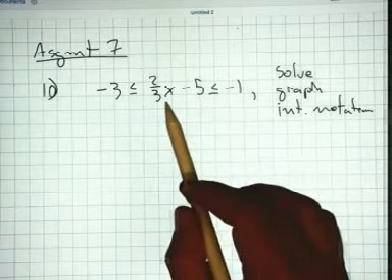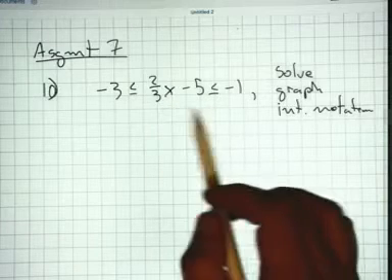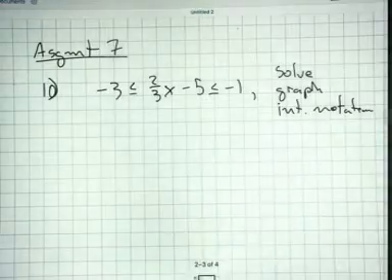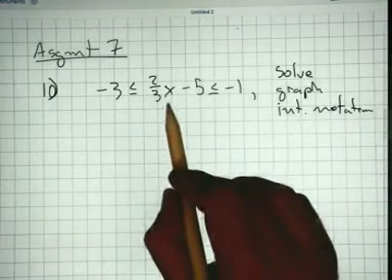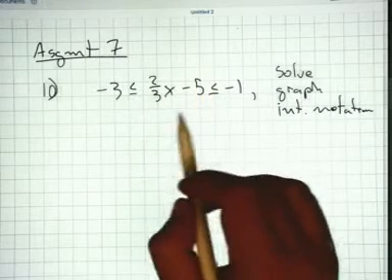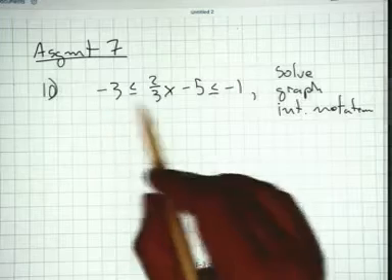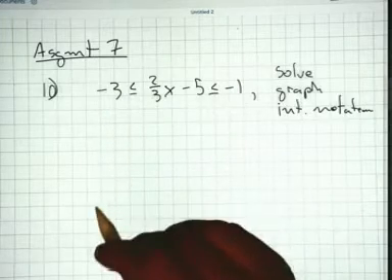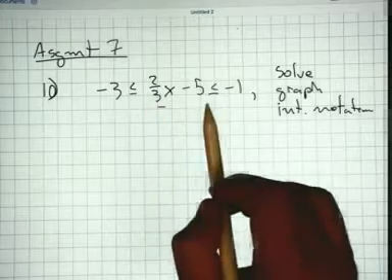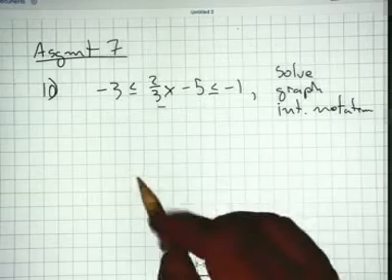Your variable is going to be sandwiched there in the middle between the two inequality symbols, and we're going to treat this like any other equation where we want to start isolating x, and the idea is what we do in the middle to get x by itself is we're going to do on either side of the inequality symbol. So if I'm just looking at this expression 2/3 x minus 5, and I want to start getting x by itself,